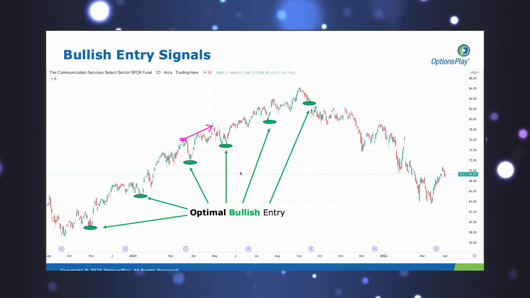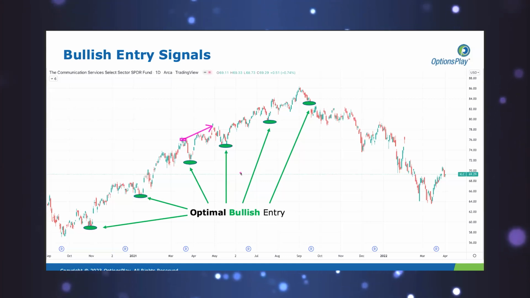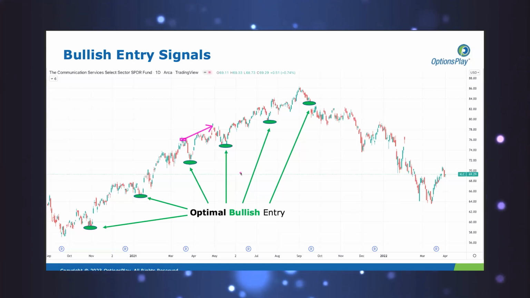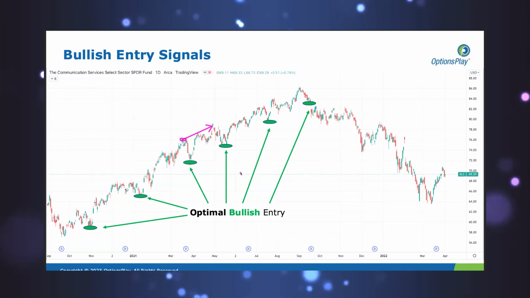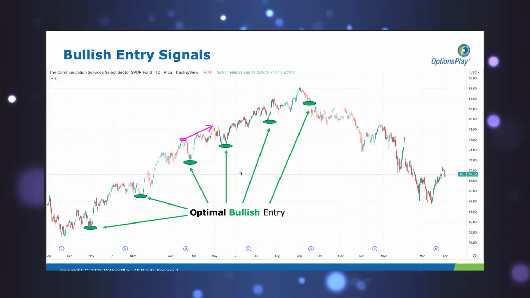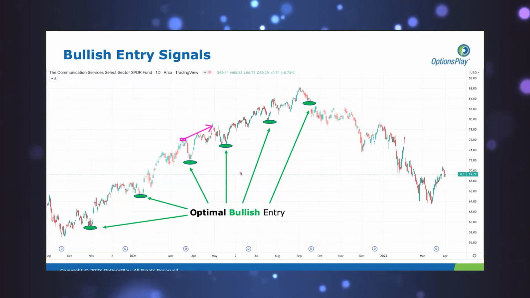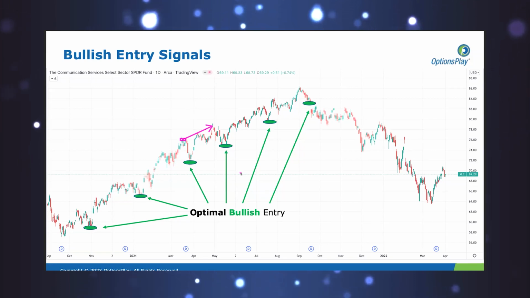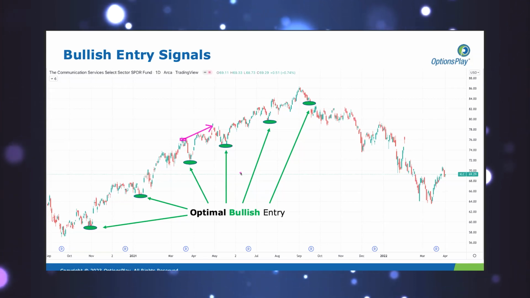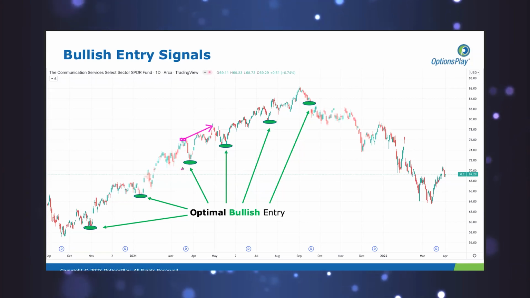So as you can see, the forgiving nature of this specific strategy is really incredible, because as long as you identify a directional view, you don't have to time the trade. You can get into the trade and expect that over the long run, you will be profitable with this type of strategy. However,